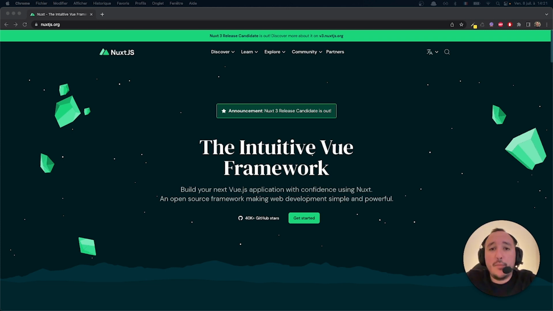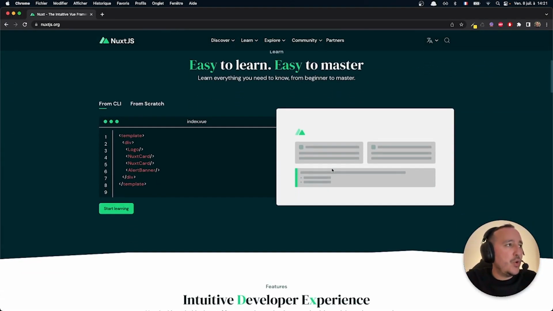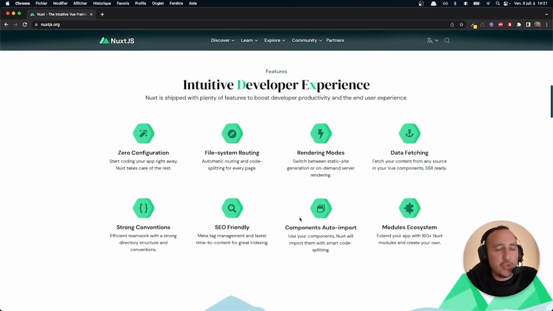I've worked in so many startups with it that I said to myself I have to create a quick course about Nuxt.js. So basically, Nuxt.js is a framework built on Vue.js that provides tons of tools that help us go faster, to do a lot of things that most of the time we spend too much time doing. If you look at what Nuxt.js provides to Vue.js developers, it's a zero configuration